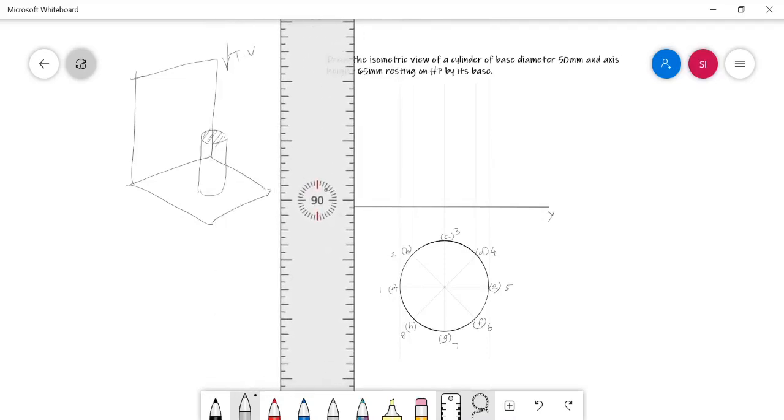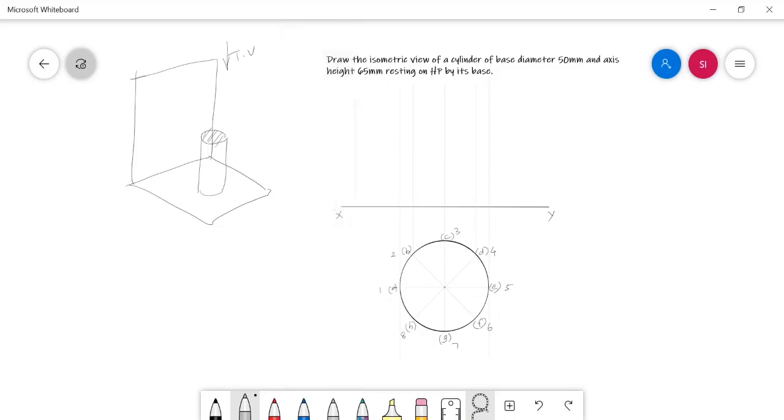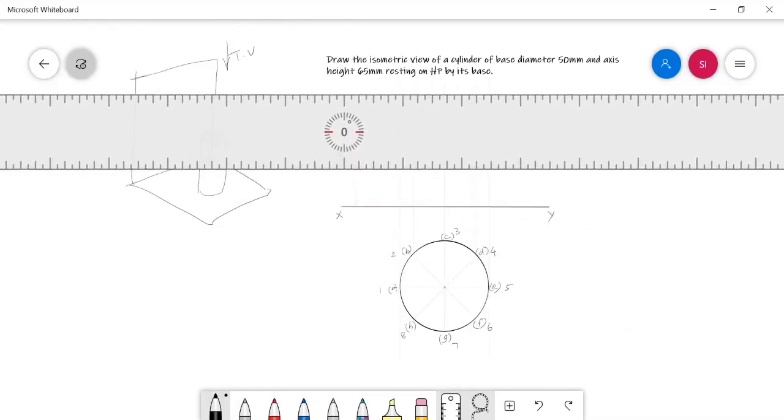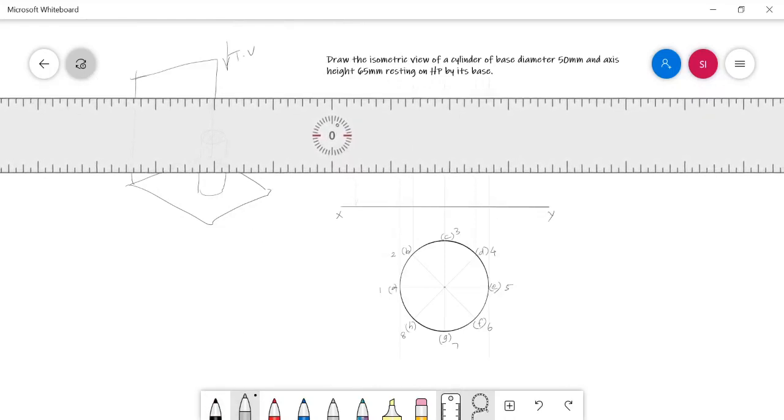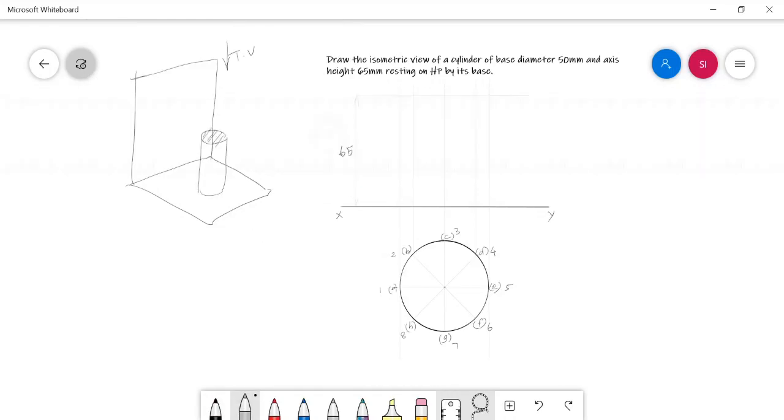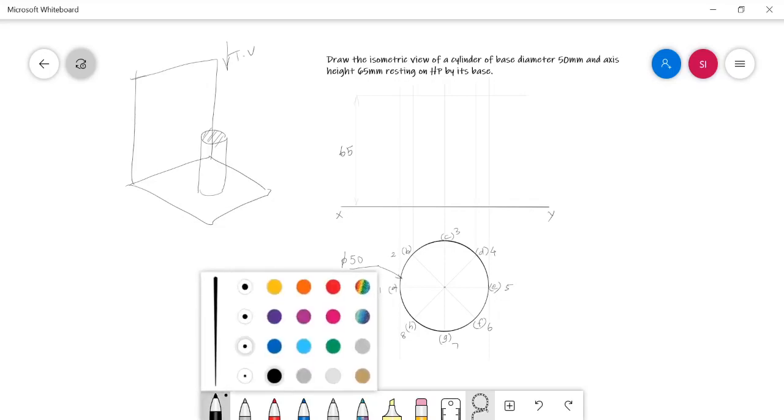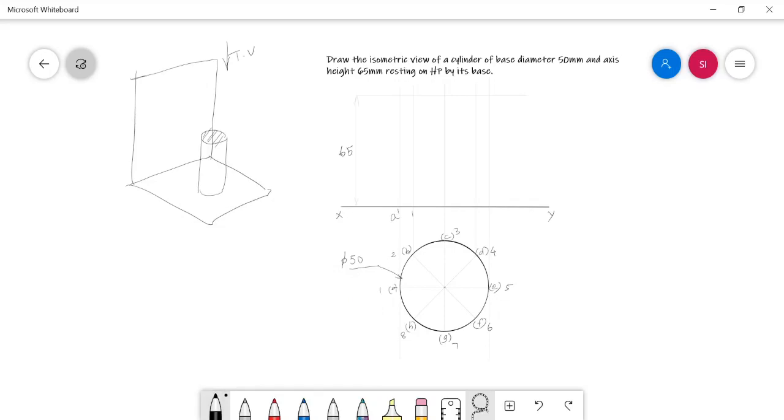The axis height of the solid given in the problem is 65 mm, and the diameter of the object is given as 50 mm. And let me mark the points in the front view also, starting from A dash.